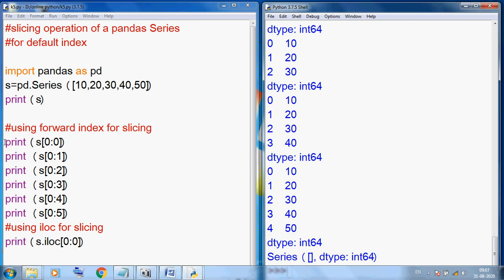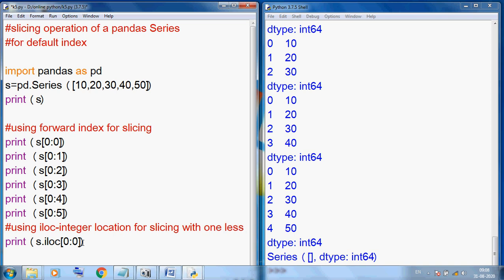This statement and the previous statement are the same, because iloc means integer location of index. Start from 0 and stop again at 0, with one less, so it will not display any kind of value.